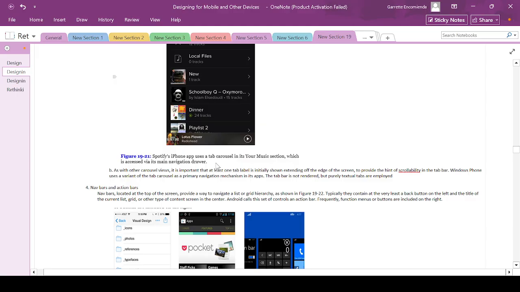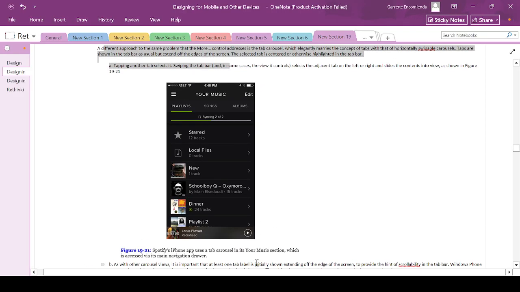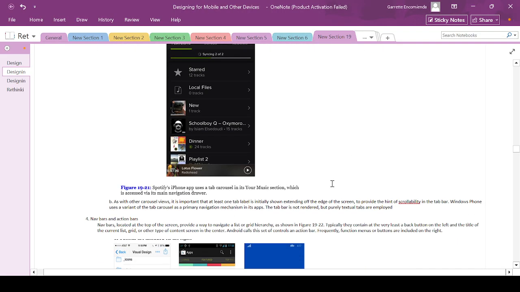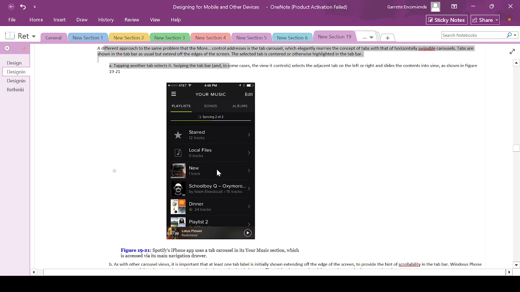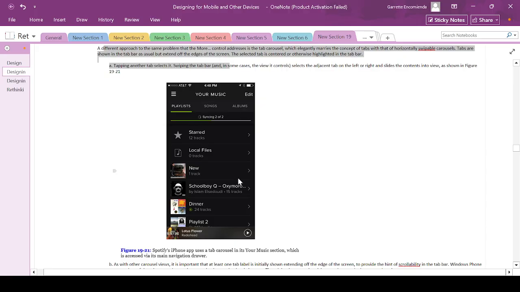Spotify's iPhone app uses a tab carousel in its Your Music section, which is accessed via its main navigation drawer. So this tab carousel is in the Your Music section, which is in the main navigation drawer. The drawer we will discuss later. That's a pop-up that allows us to control more functions, such as this